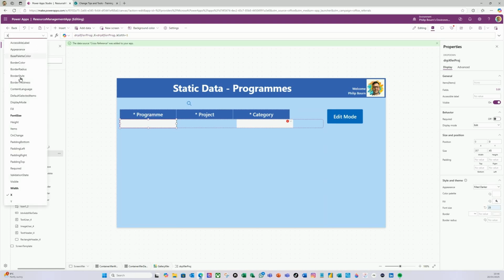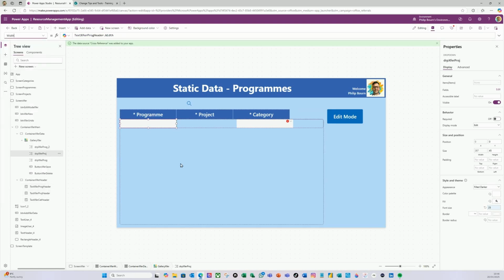And as far as the width is concerned, I'm going to run it off the header here. So let's change that to project,